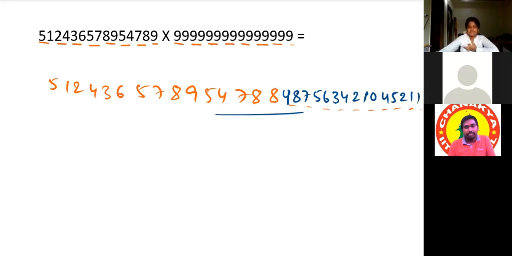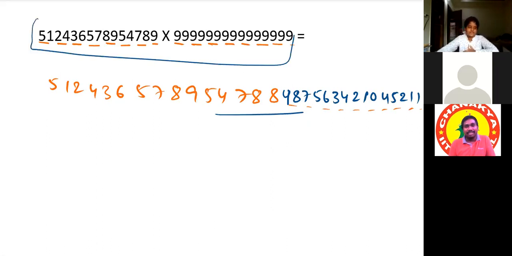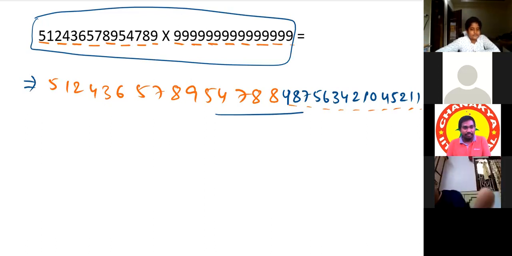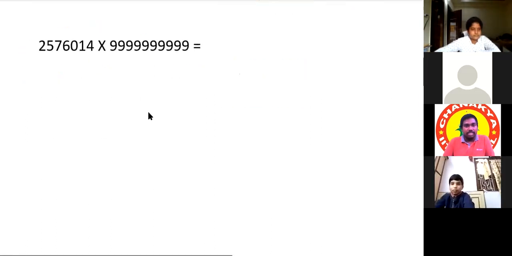So what are you doing? This multiplication is going on. If you try this in your calculator, it will not show the complete answer for you. It will show like E plus 30, some 5 and 2 and E power something. But here we are giving all these many digits also. Number of digits and number of 9s are equal.